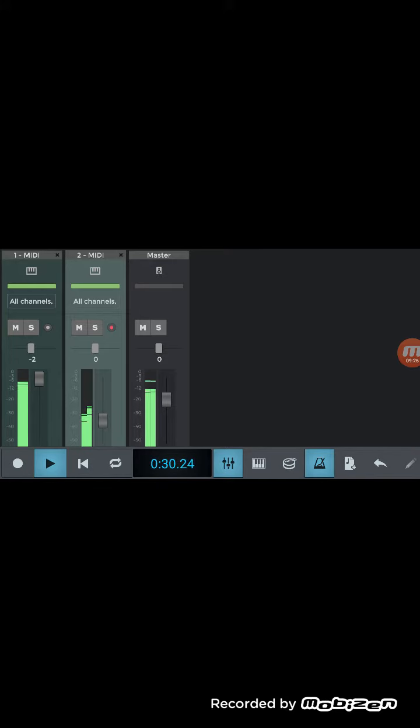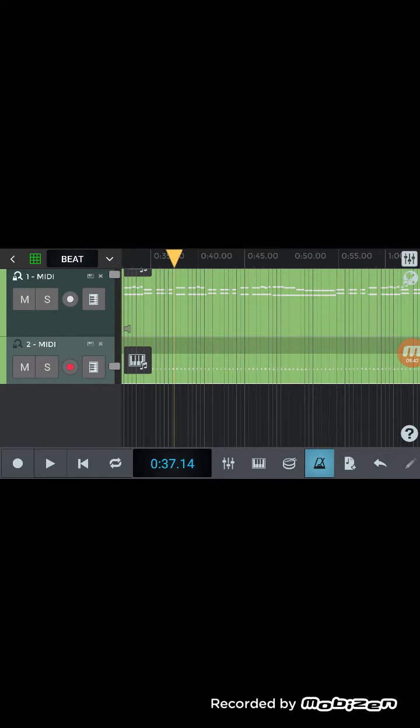Okay, I'm satisfied with that. It's not perfect, but I'm gonna press play. Now we're gonna go back to the screen, so I'm gonna click this mixer button again at the bottom center, and it takes us back to this. Now if you wanted to make it perfect, you could go to this left piano here on the MIDI 2 track,